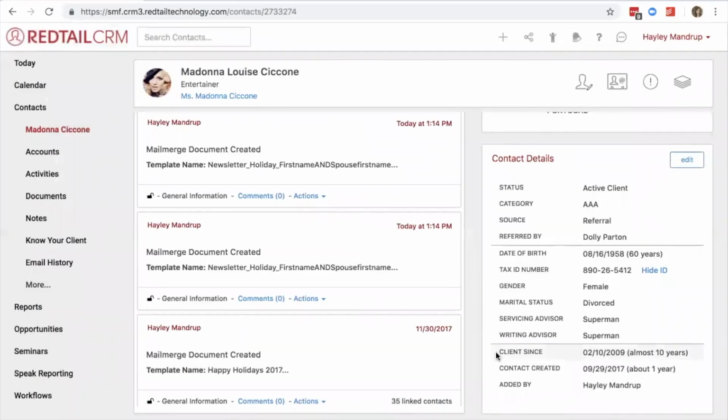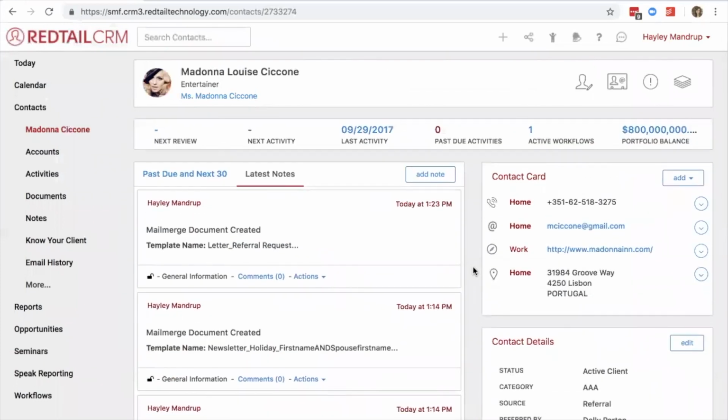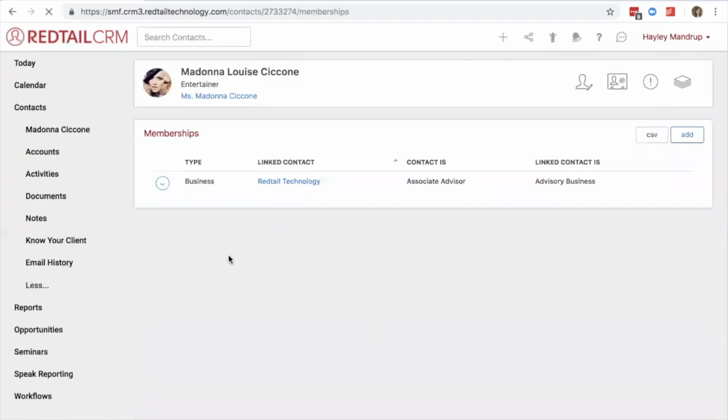The next place we want to look at when talking about referrals and tracking referrals in your system is going to be in the memberships. So not everyone that refers one another is part of a family, and we want to keep track of the specific relationship that Madonna was referred by Dolly Parton. So I'm going to go down to More on the left-hand side of Madonna's record and select Memberships. Under memberships, currently she only has that she is the Associate Advisor for Redtail Technology. So I'm going to go ahead and add a new membership over here on the right-hand side